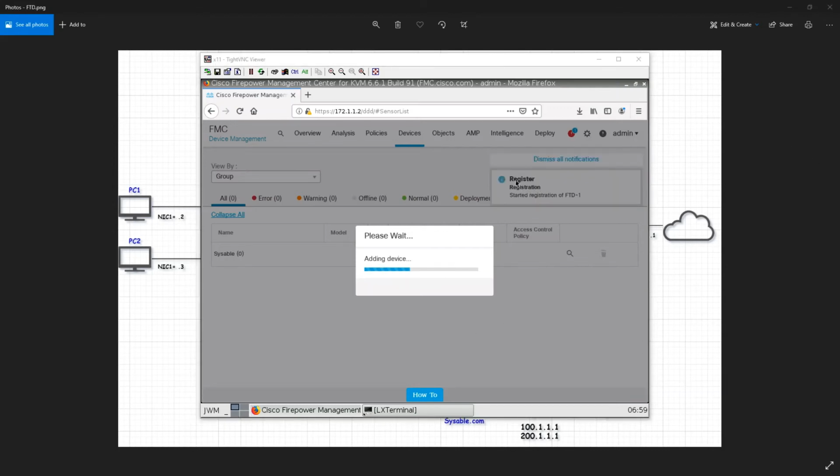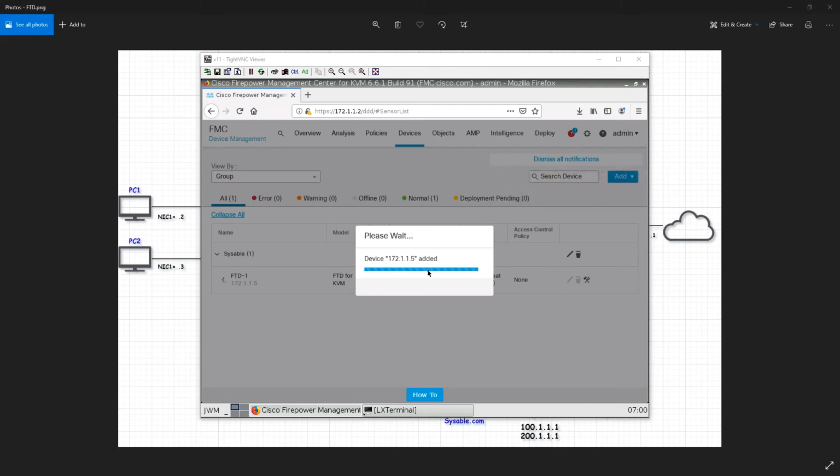Now in the background you can see that registration started. Now you can see that it is adding my device. So registration is being completed, but it will still take time. It will not give you the option to edit your FTD for now.